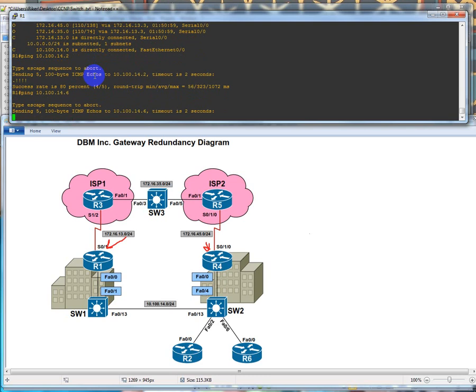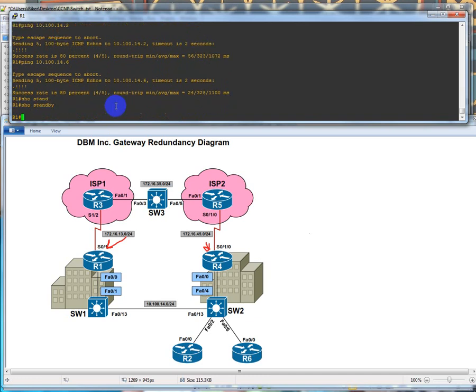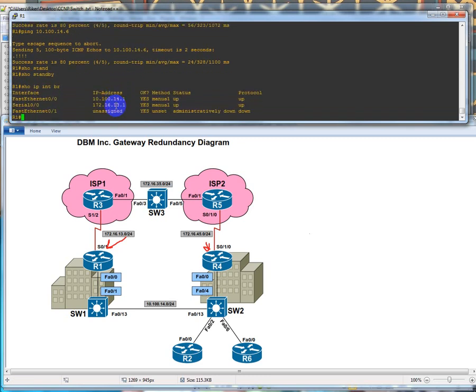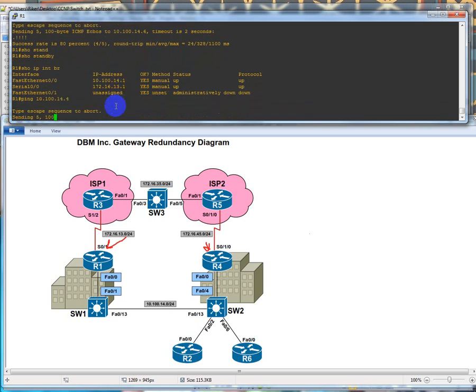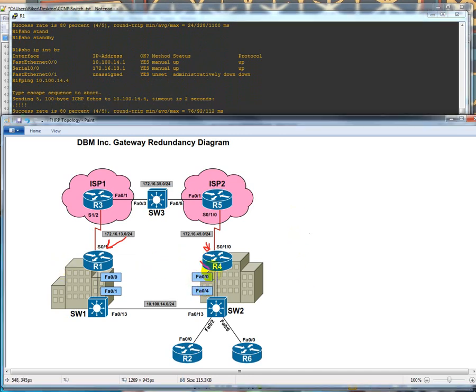The reason I'm pinging those is so that the ARP cache is built. And there they go. Now, we don't have HSRP running right now. So if we do a show standby, HSRP is not working. So we'll have to flush the CAM table. I just want to make sure we have reachability to the different routers. So now if we do show IP interface brief, we are 14. So if we ping 4, we probably won't get a response. Oh, we will, because I know this. It might be coming from, I think this interface right here is